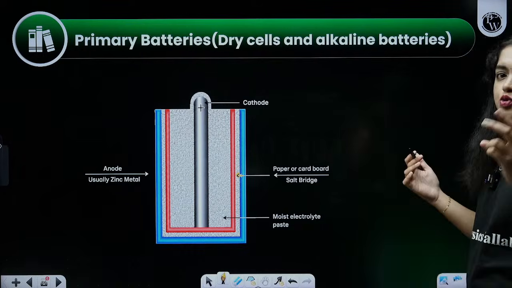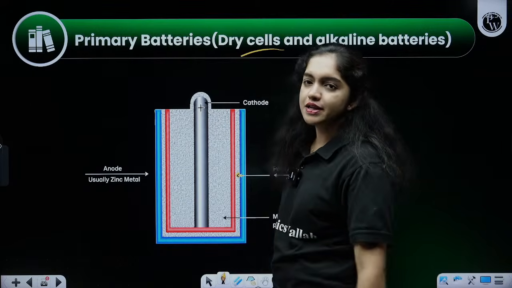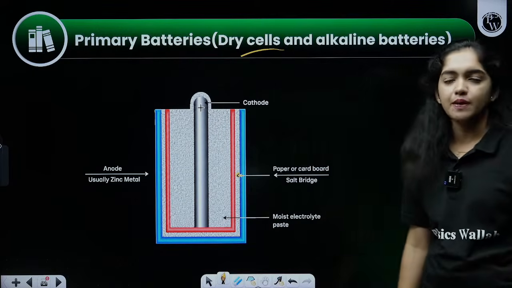And primary battery, 2 examples we want to learn is dry cells, mainly the dry cells that we use in our watch and the toy cars. Okay, so the next one,